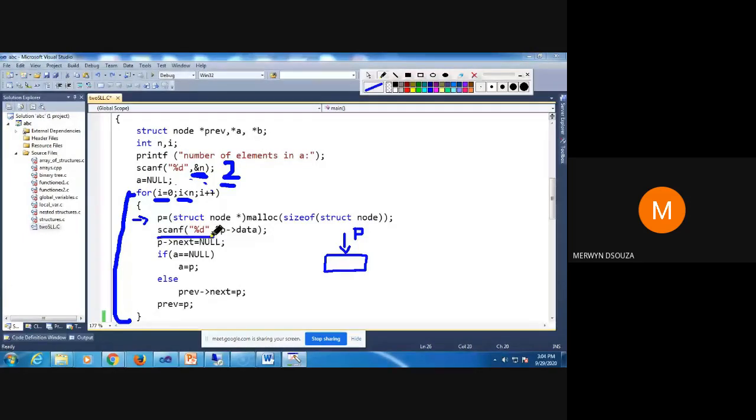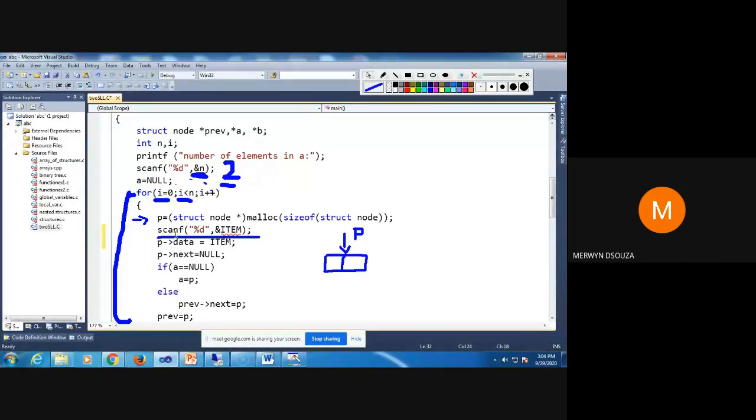Then I enter data. Now look here, this is the advanced way of taking data. When you were learning the program, I was taking the data in some int variable, and then I was putting it into this. So I was doing something like this. Here I would have had some variable, say item. Then I would have said p arrow data equal to item.